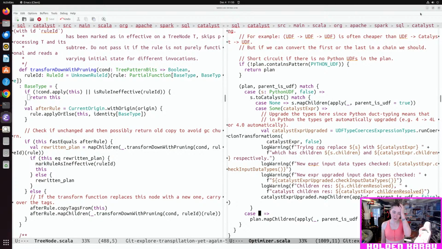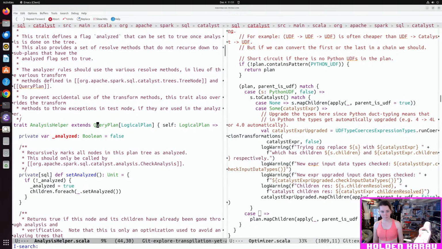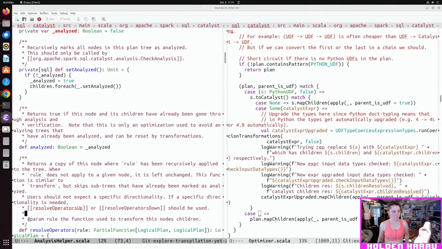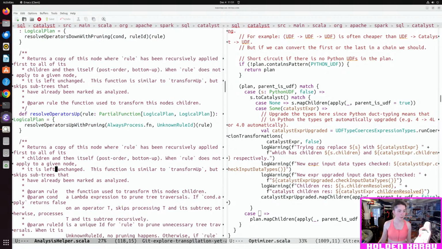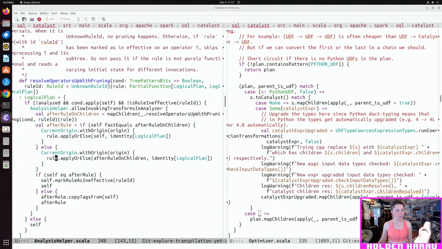This is not quite what we want, because if we go and look inside of, let's resolve operators with pruning, resolve operators up, and then resolve operators with pruning.